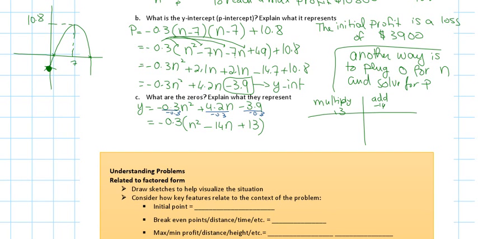Not too many options there. What is it? Both of them are positive? They're both negative. So it's negative 1 and negative 13. Negative 1 times negative 13, that gives me 13. Negative 1 plus negative 13, that gives me negative 14. Right? So my answer is